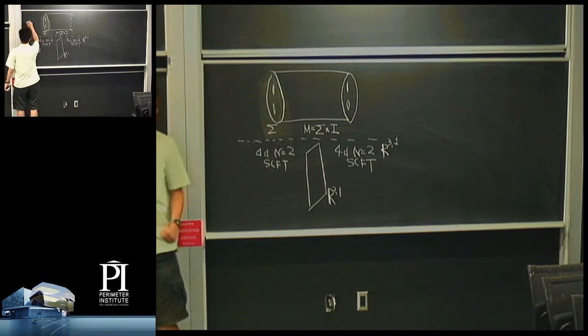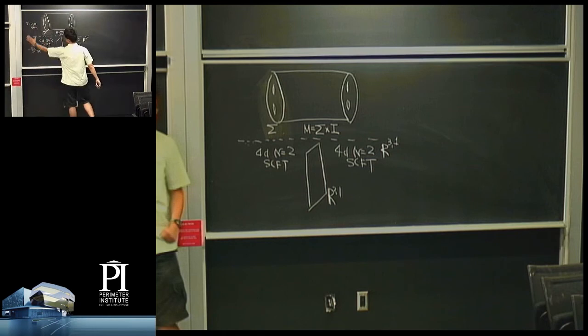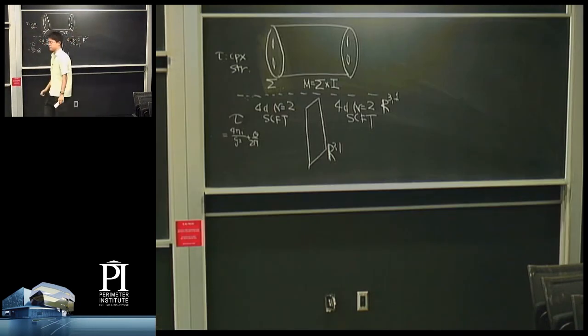Complexified gauge coupling is going to be the complex structure of the Riemann surface. So complex gauge coupling is translated into complex structure. That's the Gaiotto dictionary, which I'm introducing now. And there's another ingredient: there is an element of the S-duality group,